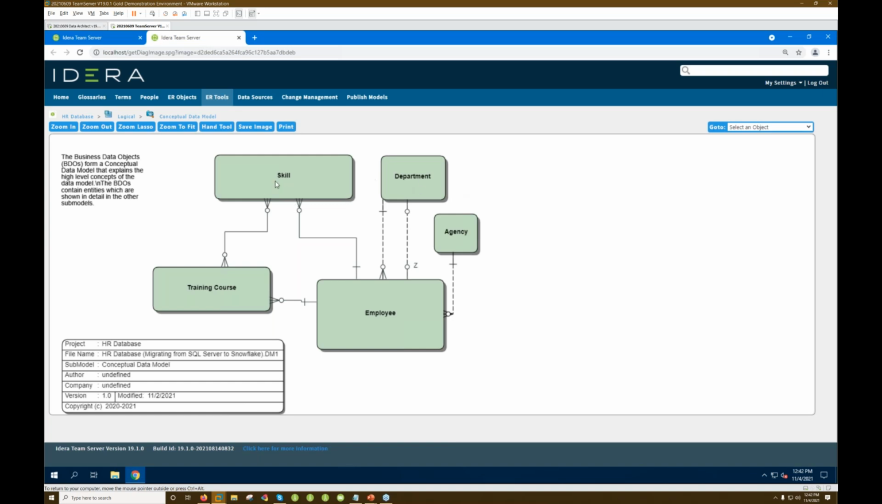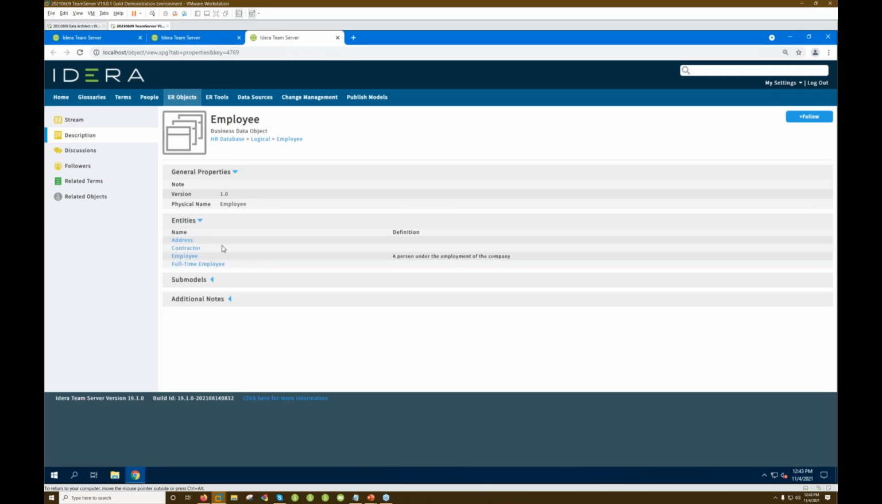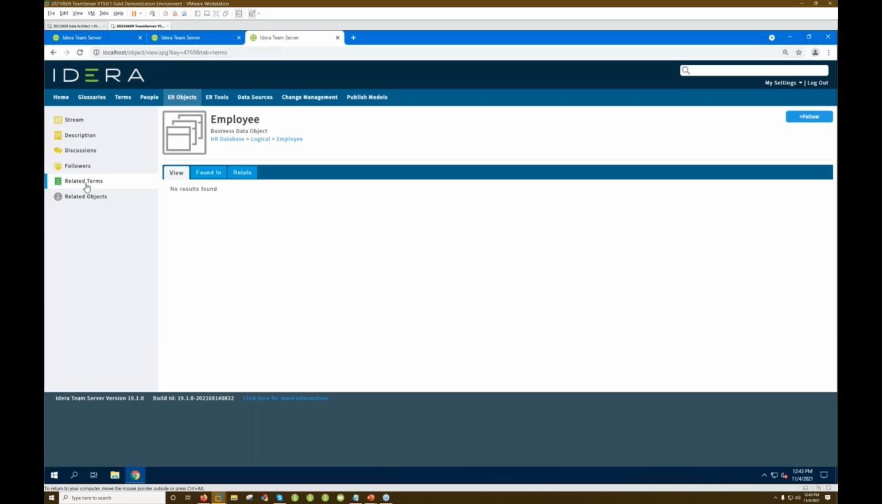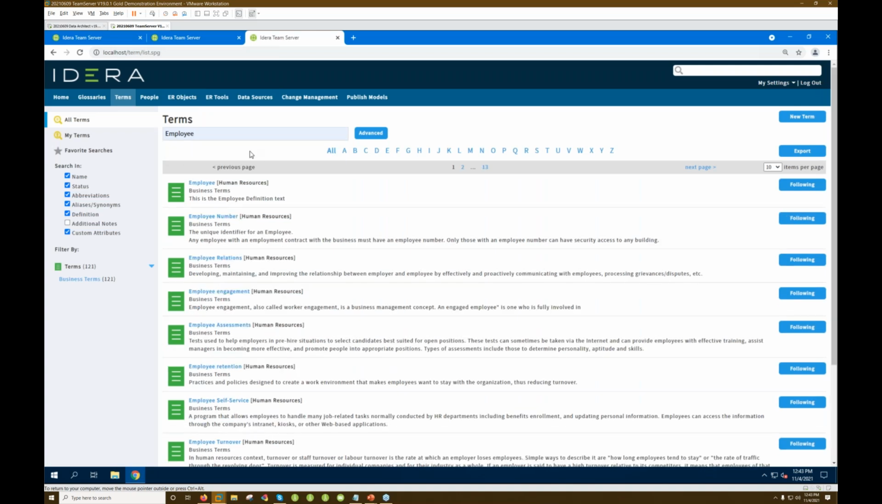These are actually hyperlinks. So if I want to, from a data governance view, drill into the employee more, I can drill into that employee table, that employee business data object, and say, okay, this is where it's used. This is the entity. Any submodels that I happen to have that entity used in, any notes, but I also can see the related terms to that employee. So let me go to terms actually and do it this way,